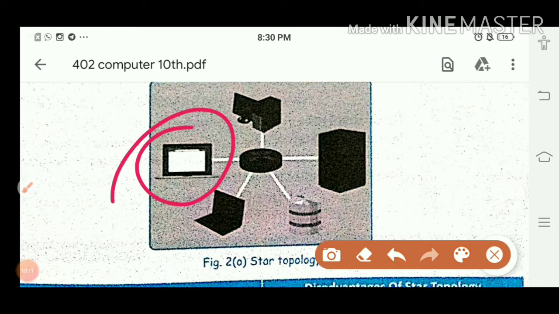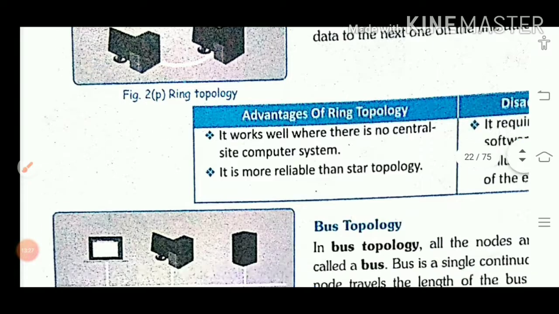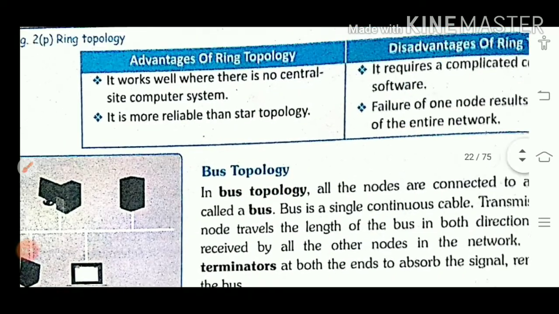Now what? ठीक है. यहाँ पे क्या है? अब ये वाला जो node है ये fail हो गया. So this will create a problem. ठीक है. So in place of this, अगर हम बात करते हैं ring topology, this one is more reliable, more safe. ठीक है. Because data is moving only in one direction.